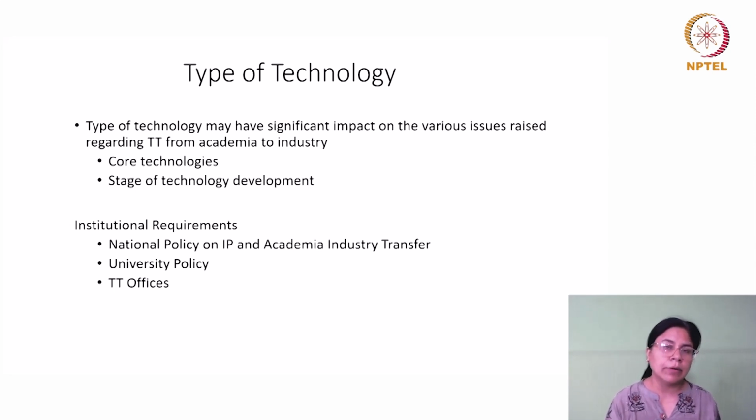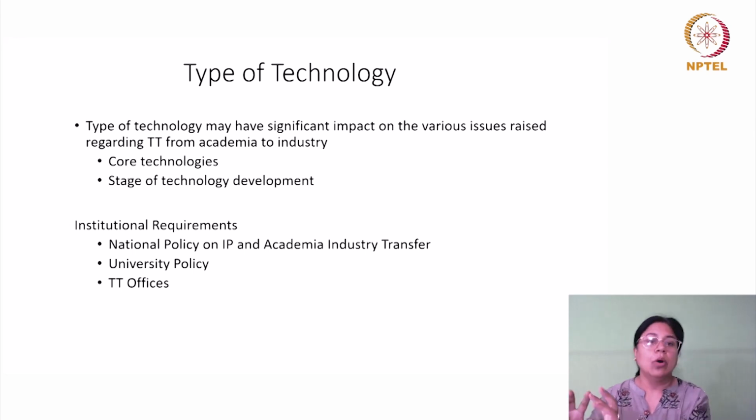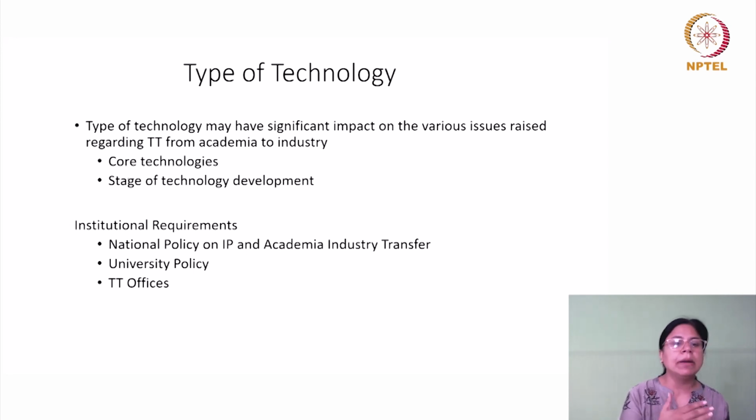But apart from that, when you talk about transfer from academic institutions to industry, you realize that there are different stages of technological development. So you talk about something like technology readiness level 1, 2, 3, 4, 5, 6, 7, 8, 9, etc. There the idea is whether it is only at an ideation stage, whether the prototype is ready, the two extremes, or whether some in-between work has also been done. So depending upon the development stage, you will find that industry would come forward to engage with academia to take over that particular technology.